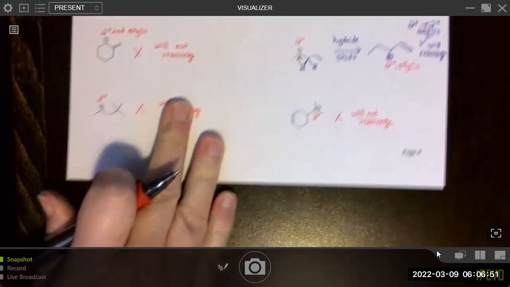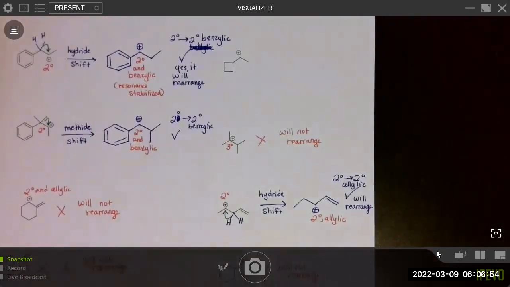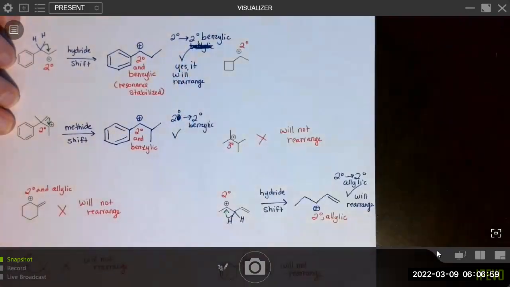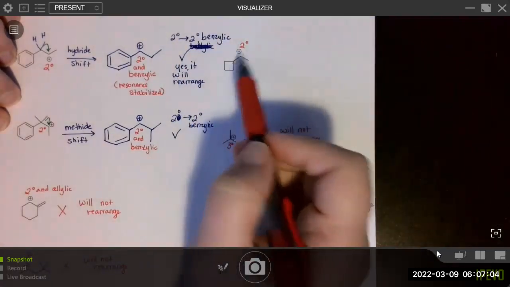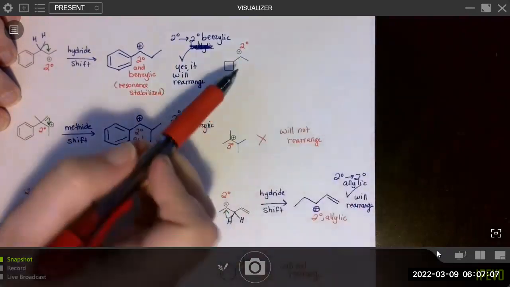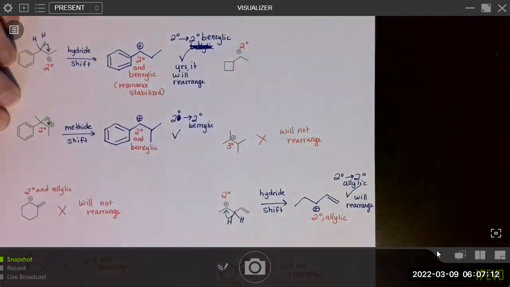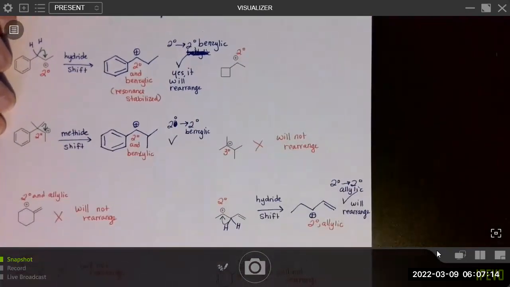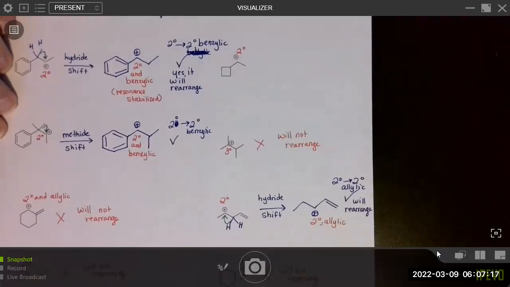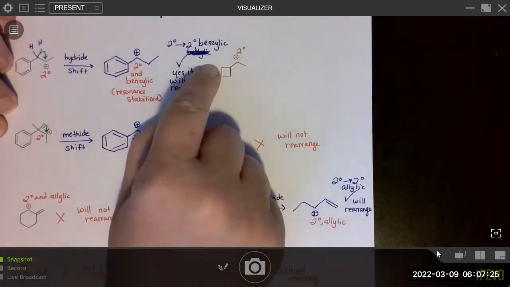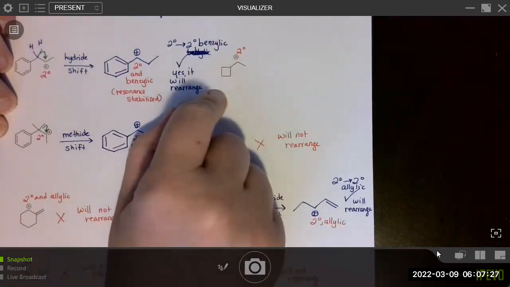All right, let's go back up to the one that I said was tricky up here. And let's classify it. So this is a secondary carbocation. This one is tricky because you might think to yourself, I can do a hydride shift, right? If I draw in the hydrogen here, then I can shift it over and it will become tertiary. And that is in fact more stable, right? But that's actually not the way to get the most stable carbocation. The reason for that is because right now, this 4-membered ring, which has a lot of ring strain, makes this whole molecule not stable at all.